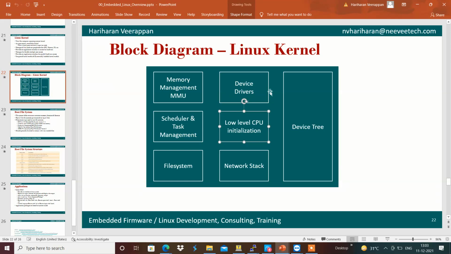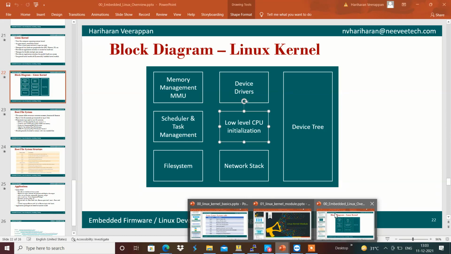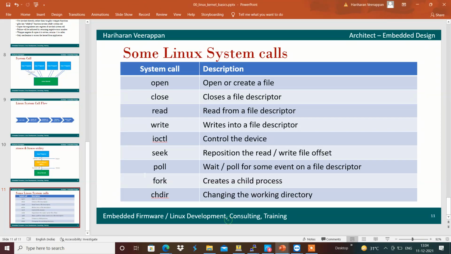APIs provided by the memory management. For example, from the user space we are providing some data, and that data will be in the virtual memory of user space, and it has to be copied to the kernel space.